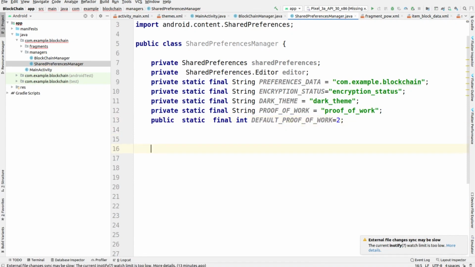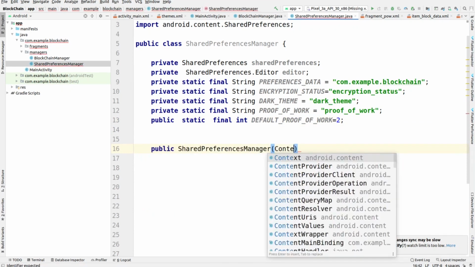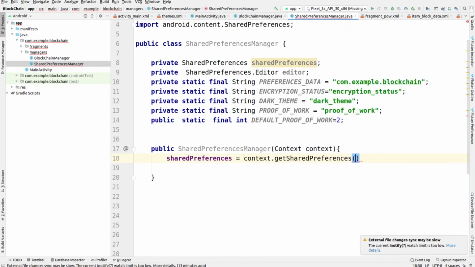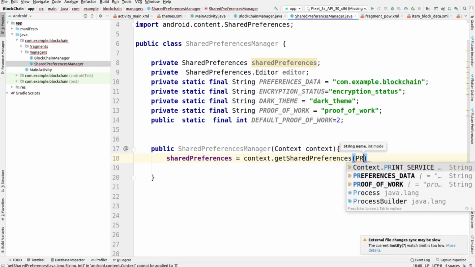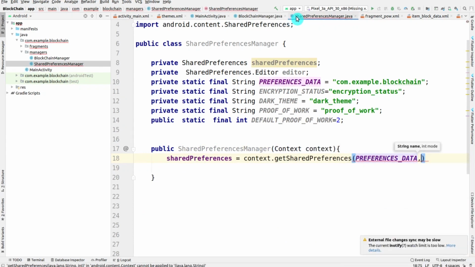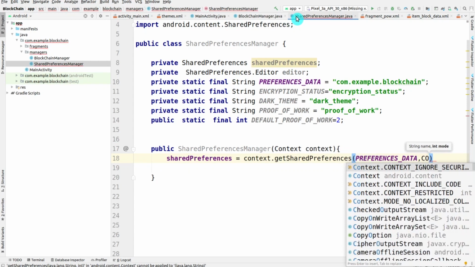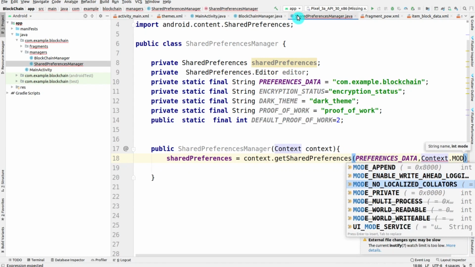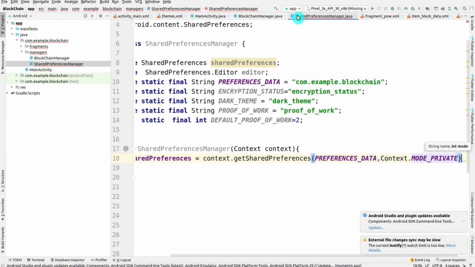Okay, so now we have to make the shared preference manager constructor here, in which we have the context of the application as its parameter, and we are setting the shared preference as context.getSharedPreferences of that activity, in which we are passing the preference data and then the context mode private.